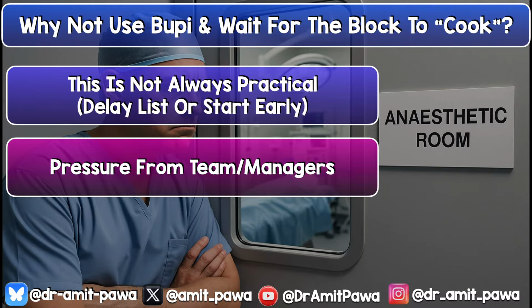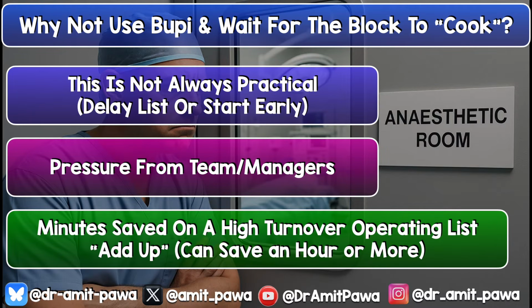We're often under pressure from our team to make sure the list doesn't finish late, and delays while waiting for the block to cook can be significant, and our managers want us to make sure we get through the workload and not cancel patients. So if you are able to save minutes on a high turnover operating list, these small incremental savings in between cases, if you can do something to speed the onset of a block, can actually save up a significant amount